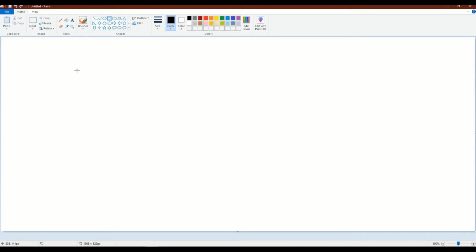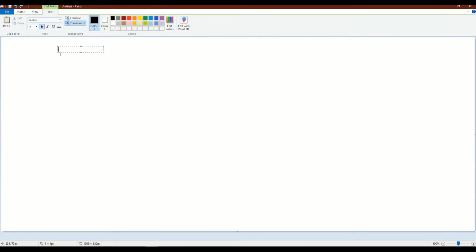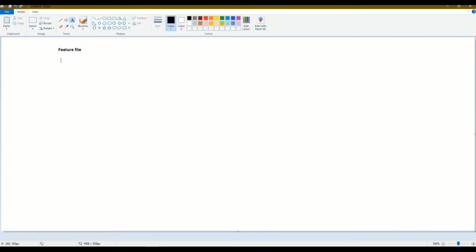And what POM means is treating each page as a single object, as the name suggests, right? Page object model, treating each page as an individual object. Now in each page we have multiple things. I'll just write it down as well. We have a feature file, the file in Cucumber where we write all the scenarios, right?